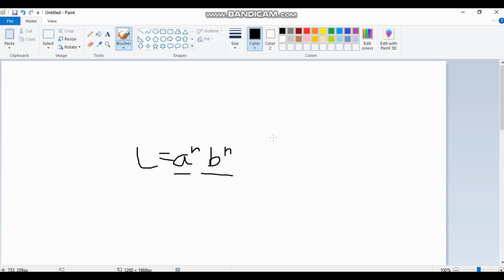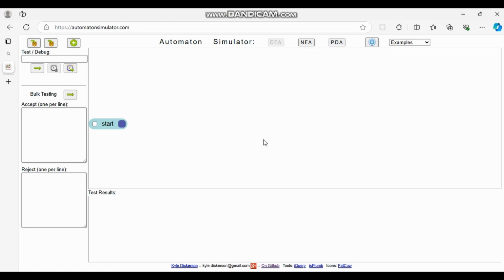power n. But what I can do for NFA and DFA is I can create a language of L equals A power n and B power m, in which n and m are greater than or equal to 1. So let's start it. So for DFA,